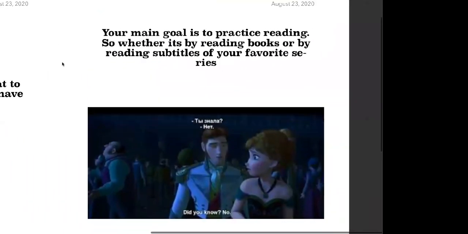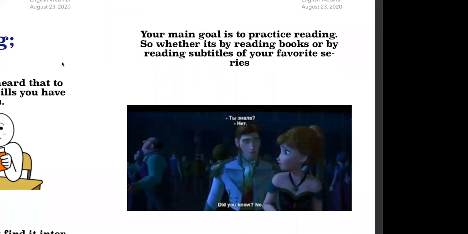So what you can do is practice reading by having subtitles from your favorite series or any movies. Sometimes if you play a movie, there are subtitle options. Just turn it on. Maybe you don't have time to read the book, but maybe you have time to read those subtitles. It's also reading practice. You just have to find something that interests you. If you find reading books boring, don't read big novels and thick books you have to finish. No, it's okay. Just read small texts, easy words, small storybooks,